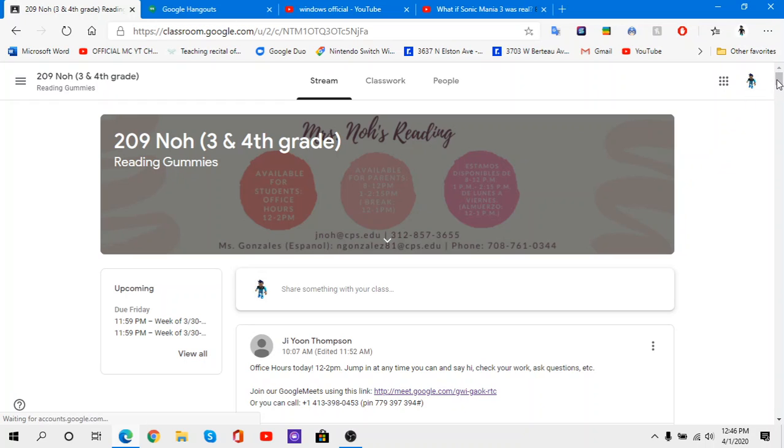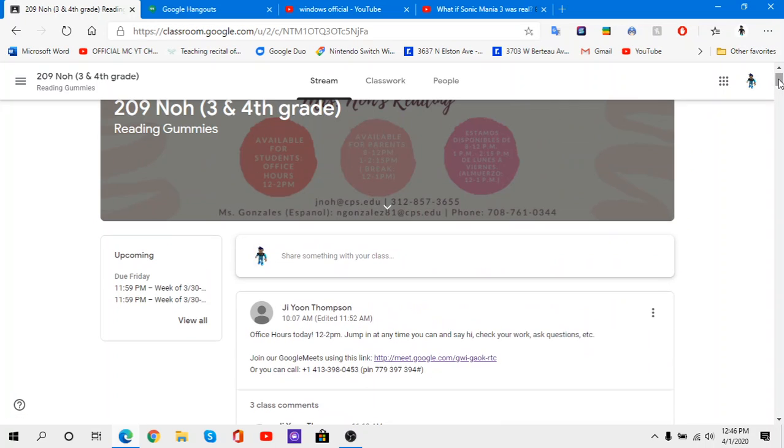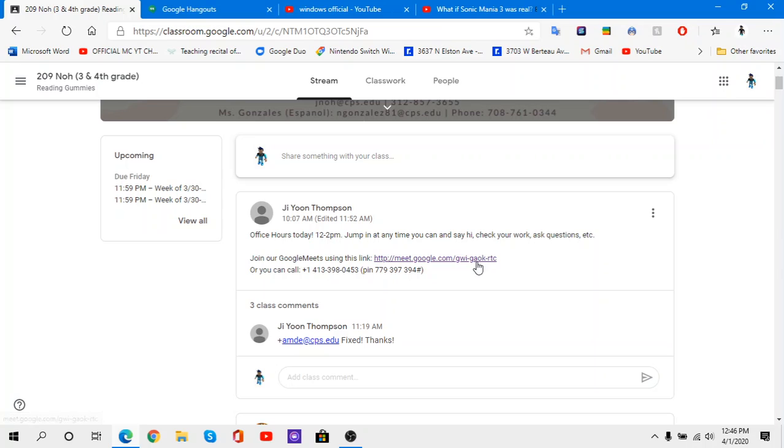Office hours are basically when the teachers are going to be around, so that means you could join the Google Meet meeting, use that link, and then you could just video chat with them. And if you have any questions, you could ask them. And how you could get on Google Meets,